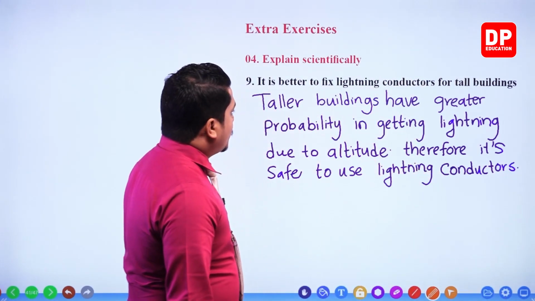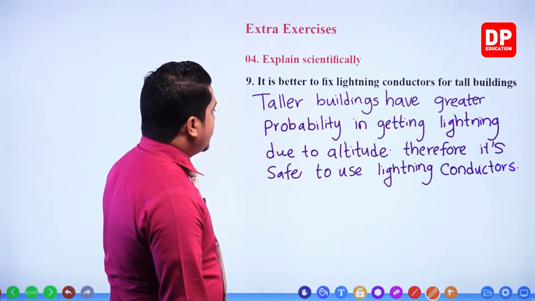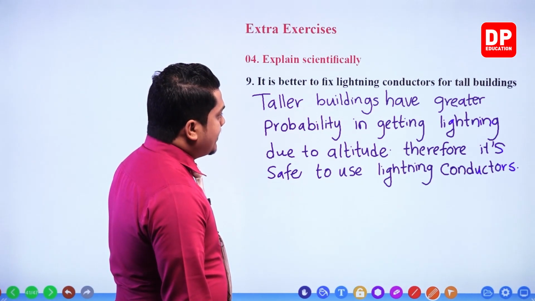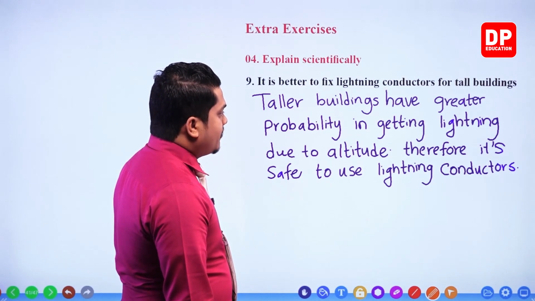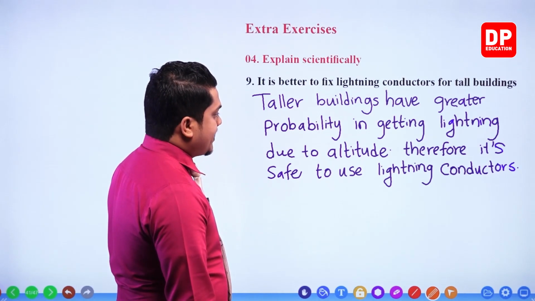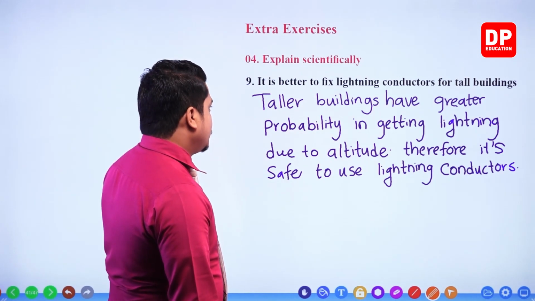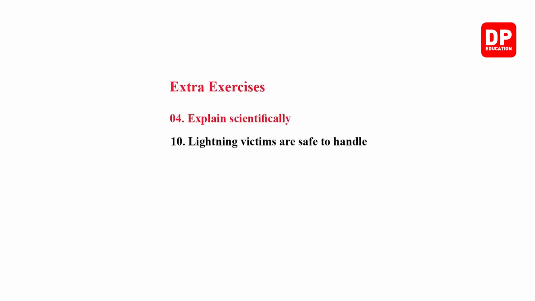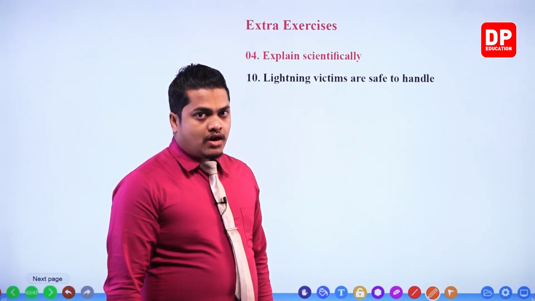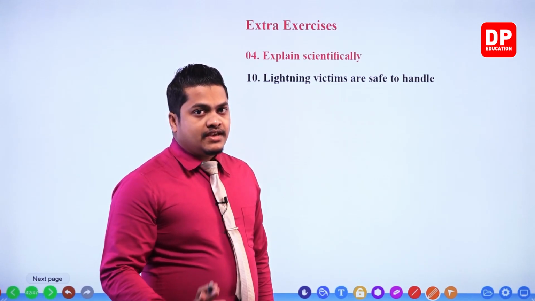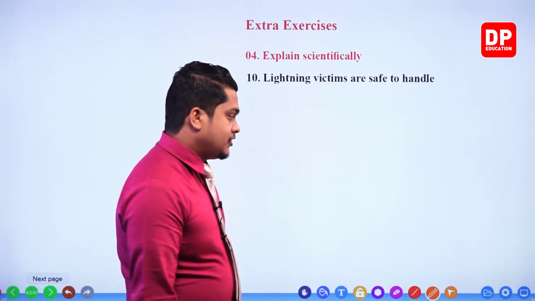Right. So taller buildings have greater probability in getting lightning due to altitude. Therefore, it's safe to use lightning conductors. Right. Then question number 10. Lightning victims are safe to handle because after lightning, the charges are getting discharged to the ground and it's safe to touch the person. So,